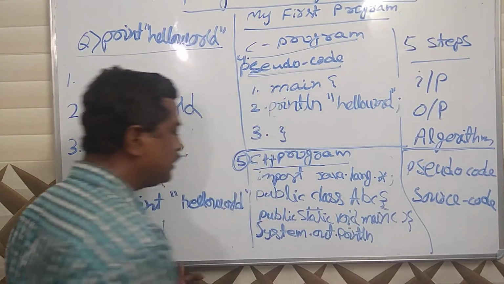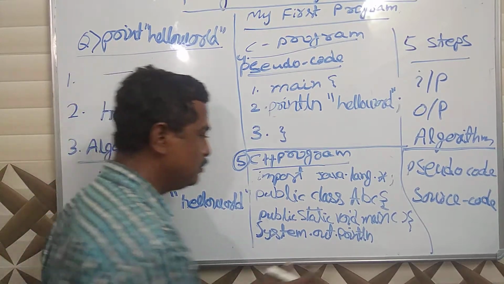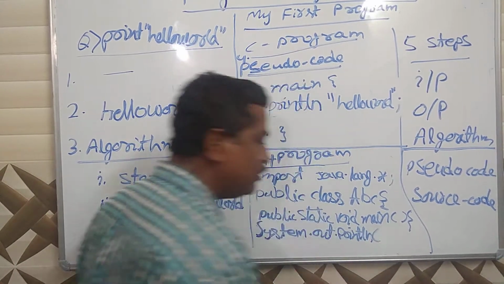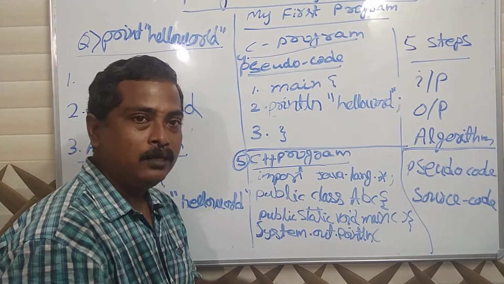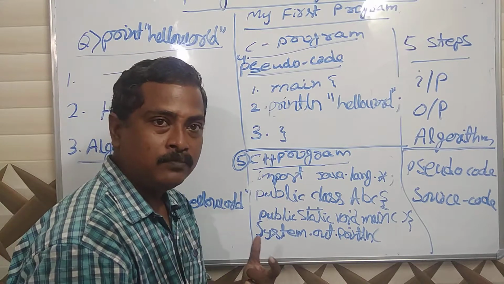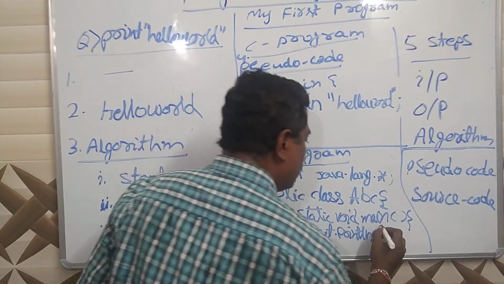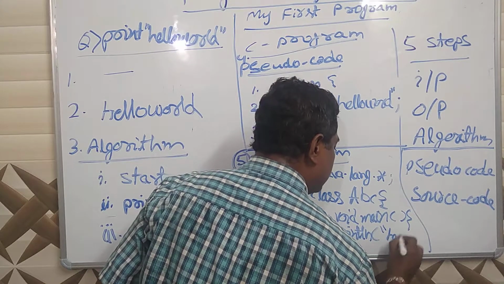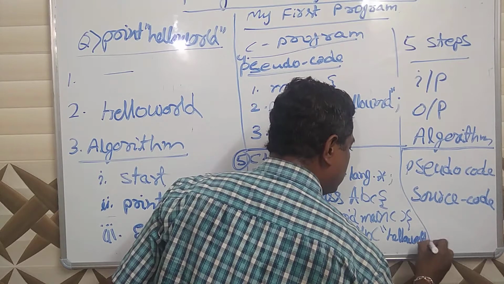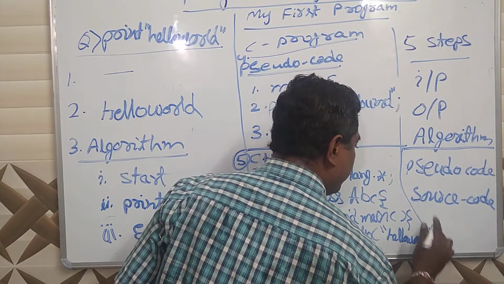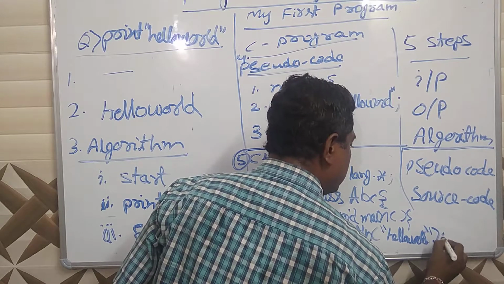Now again, don't enter into what is system, what is out, why dot is there, why star is not there. It is to print something. This one you have to write whatever you want to print. You print your name, your father's name, you print some code, some port, whatever you want to print, that you have to write inside it only, inside these two double quotes, hello world. Okay. Now closing parenthesis.